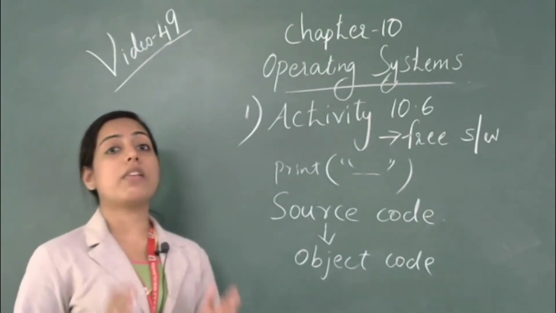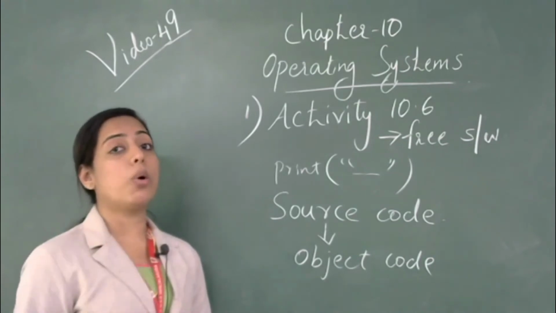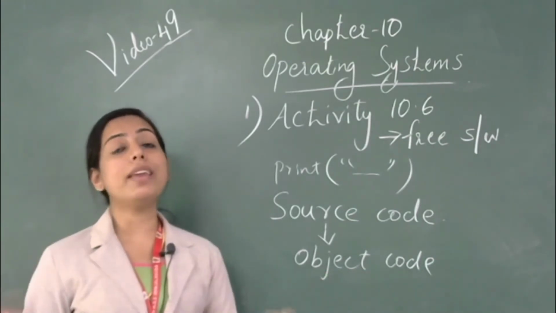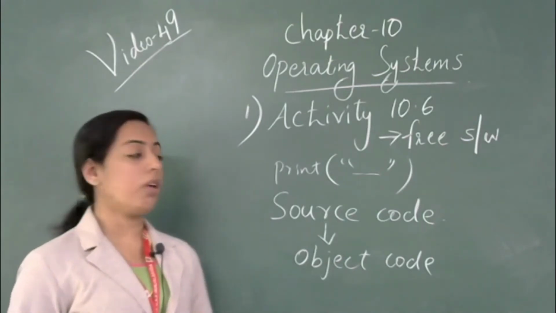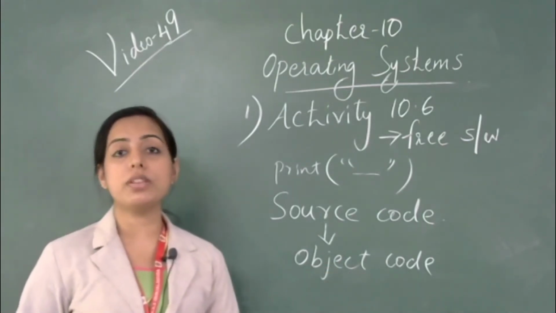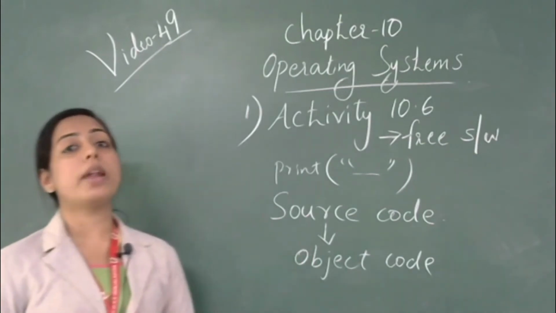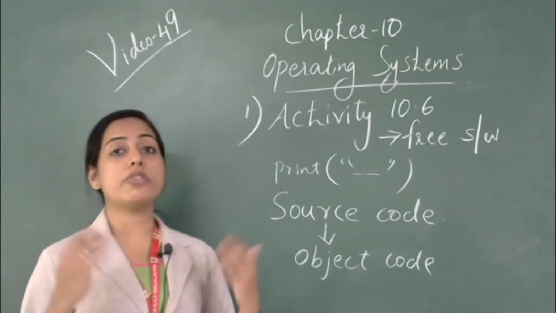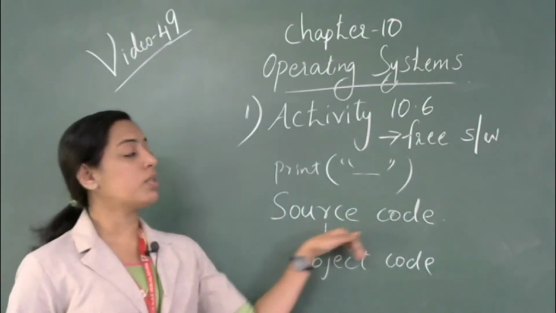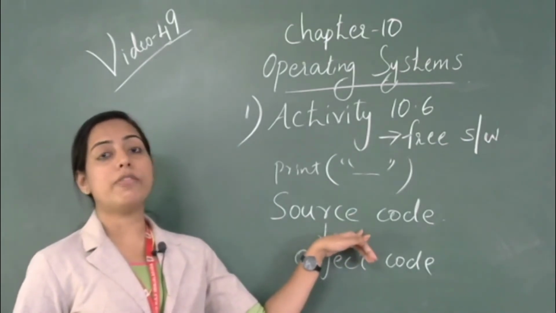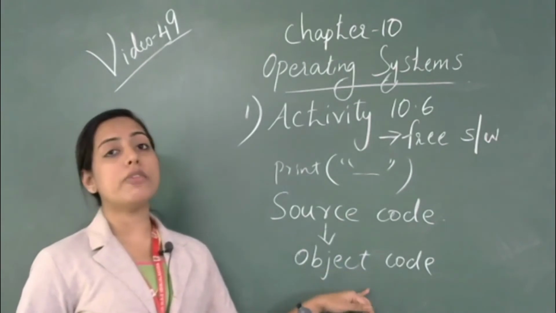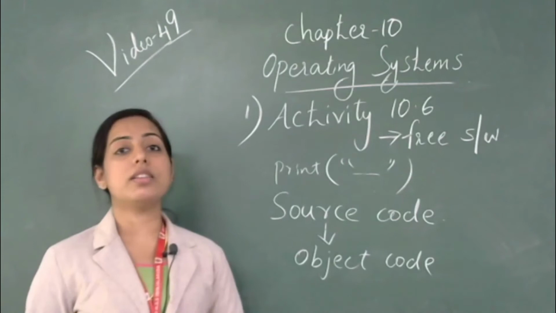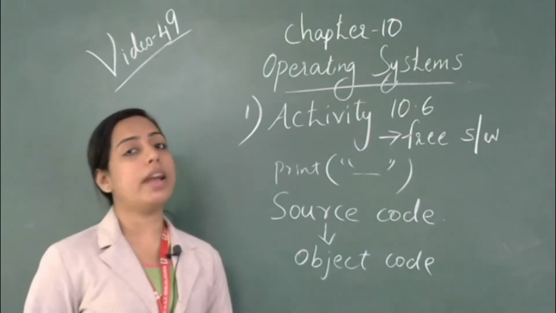It denies the right to read and copy the code. When a person sees the object code, nobody can understand the instruction because object code is the computer's language. This is what proprietary software does. This is the difference. Free software means the source code will be available for free, and proprietary software will give access only to the object code. So we can't understand it. It denies the right to read that code.